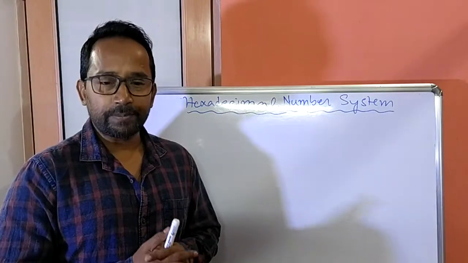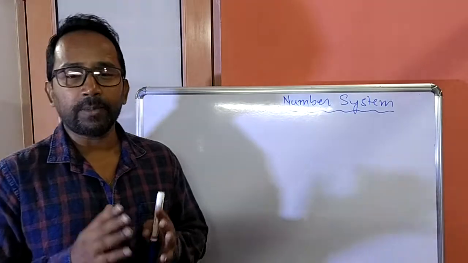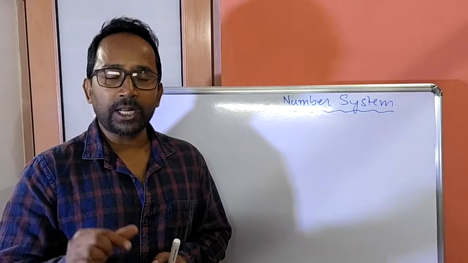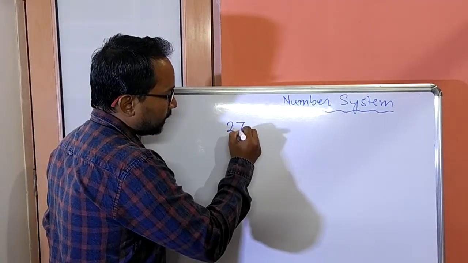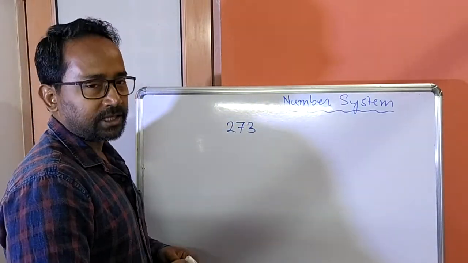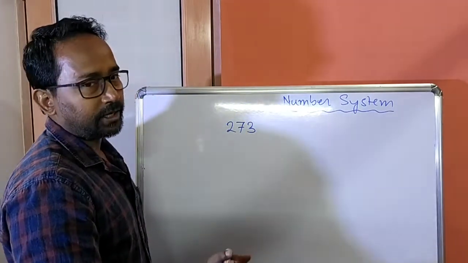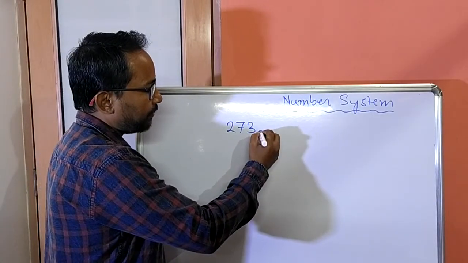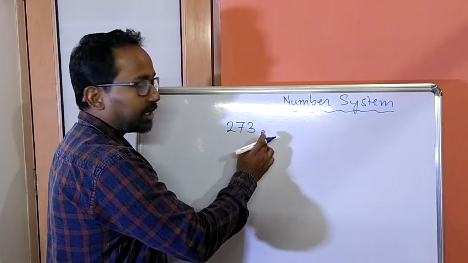Okay. And one thing, when we deal with multiple number systems, we have to write base after the number to make people understand what type of number that is. Like if I write here 273, this number can be a decimal number, octal number or a hexadecimal number, but cannot be binary because 2, 7 and 3 are not there in binary number system. So to represent this number in any system, we have to write base of that number system. If I write here 10, it means the number is decimal. If I write 8, then the number is octal. And if I write 16, then it is hexadecimal.